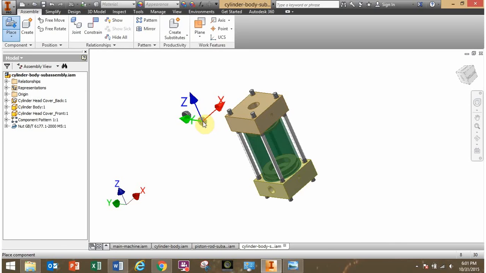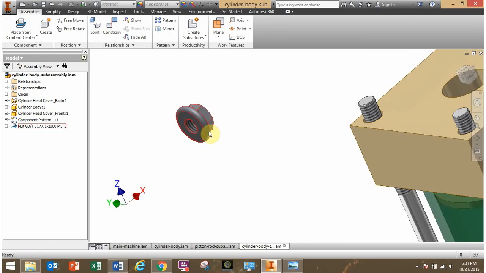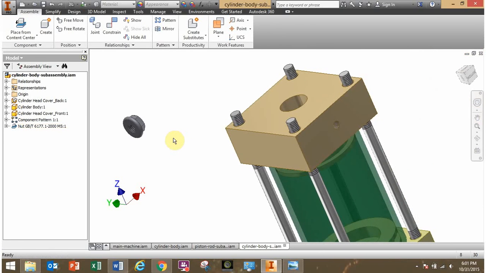And so now I just have a part that I can place. Click once, hit escape, just like I was using a part that I would draw. Okay. So I can use this to actually constrain it now. Now, one thing I like to do is I actually like to go save these parts to the folder that I'm using. I like to save this part to the same folder where all the other parts are, because